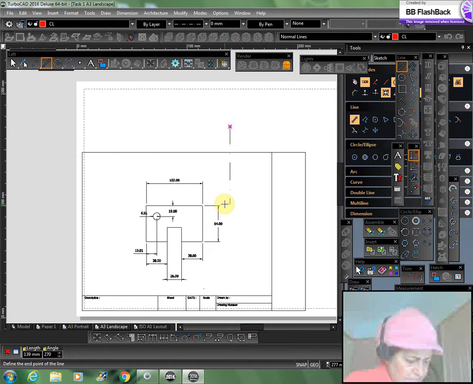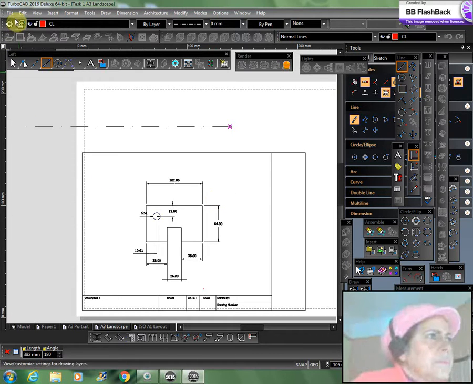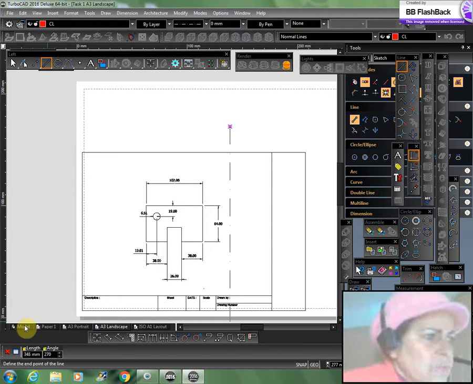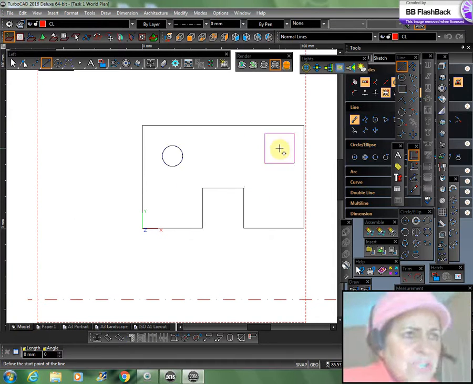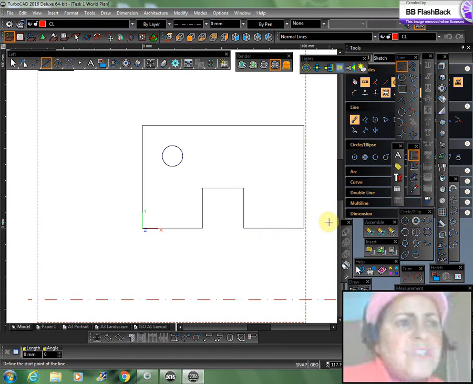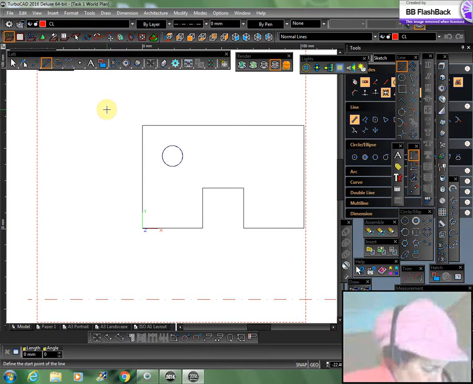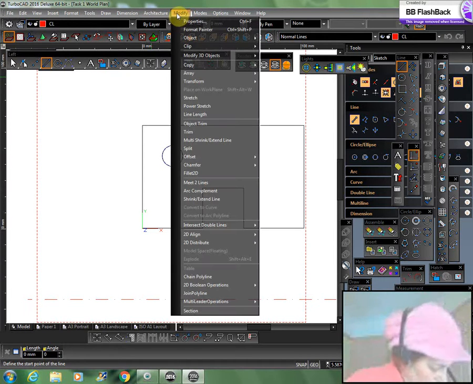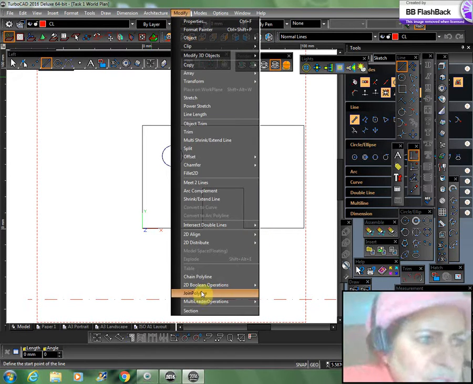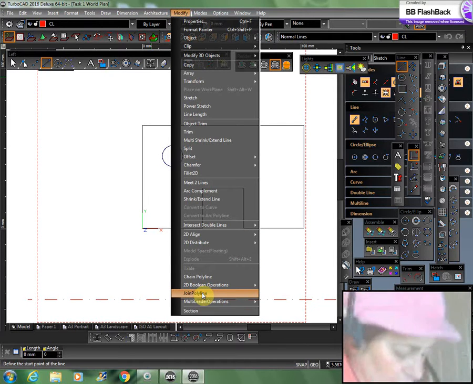So we went through here, and now we go to the model space, and then we want to create a 3D object from this 2D object. We just go to Modify and Join Polyline at the bottom. Join Polyline, and when I click Join Polyline,